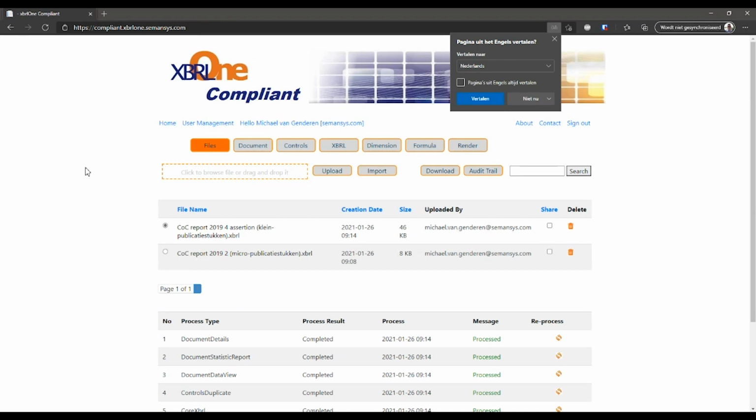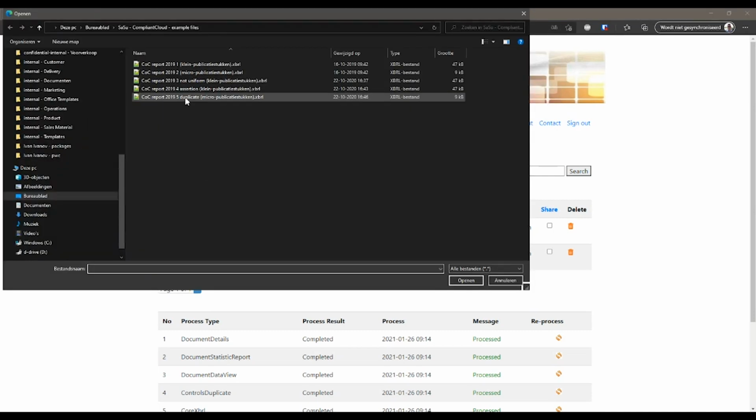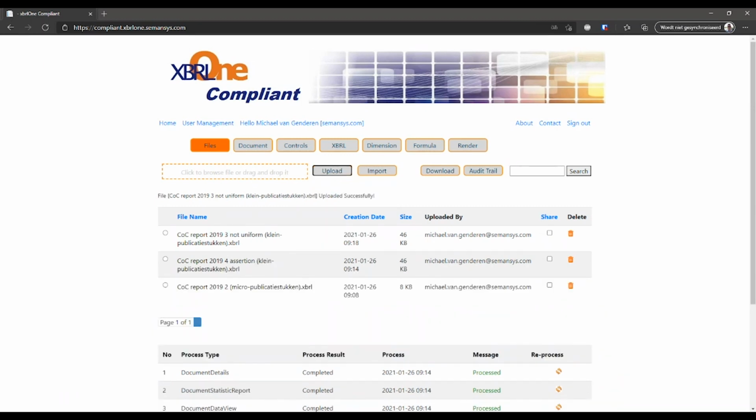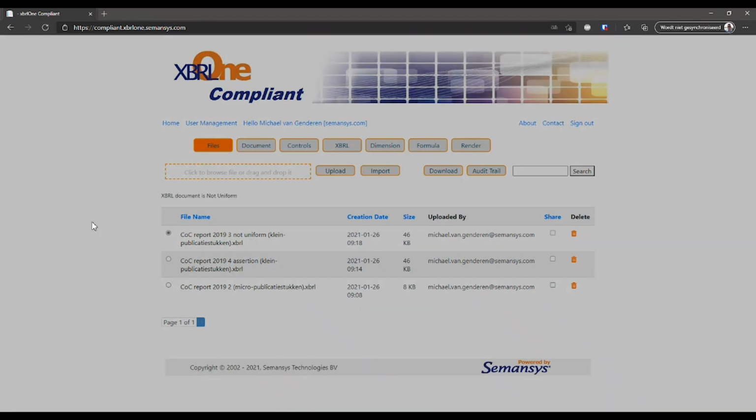If we go back, I also want to show what happens when we have the regulatory unhappy detection where something is not uniform. And I will load the document for this. And I will upload it into the system. As soon as the system detects, on the moment I select it for processing, it will start loading the document